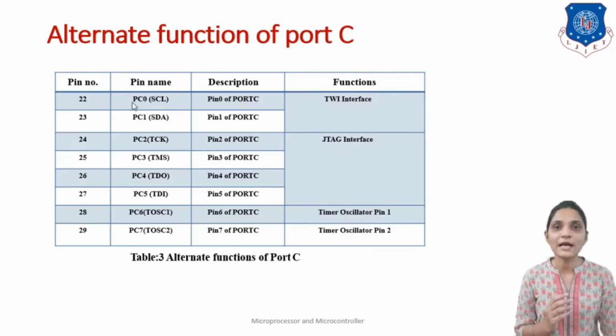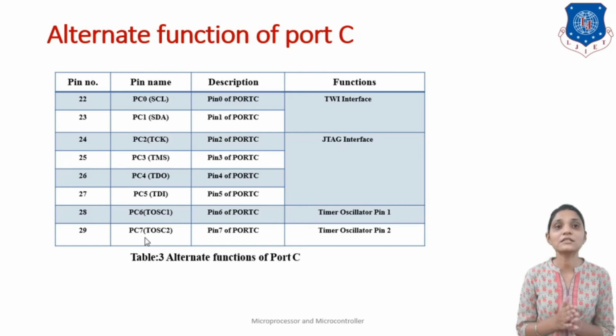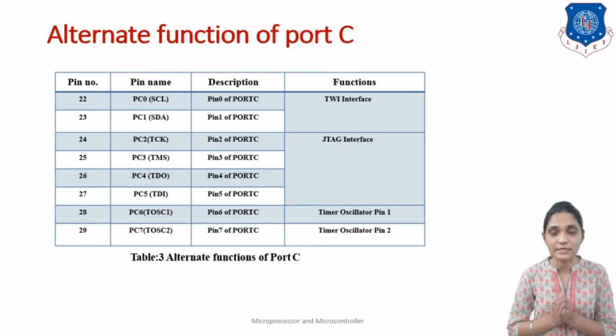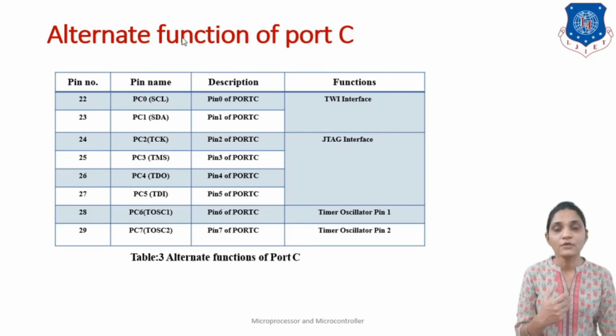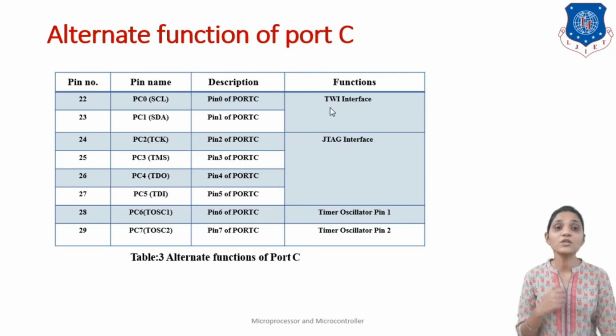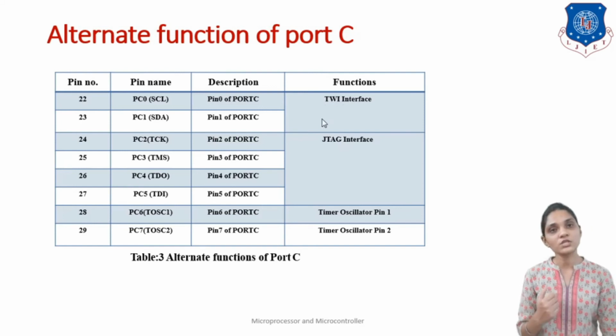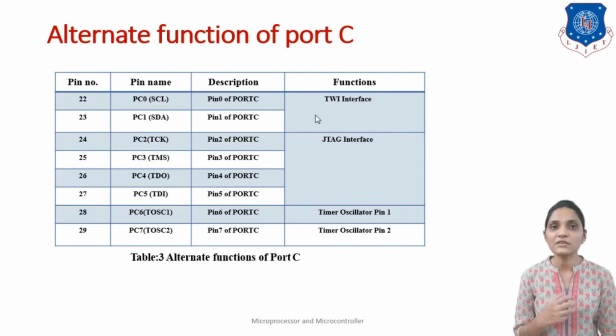This port number C has a total of 8 pins that can be used as PC0 to PC7, and those are the bidirectional input output port. This is the first functionality, and the second functionality is for some bits. For example, if we consider the PC0 and PC1 bits, then those can be used for the TWI interface, that is two wire interface. Okay, so that is one kind of interface, and to connect with that interface, you have to use these 2 pins.